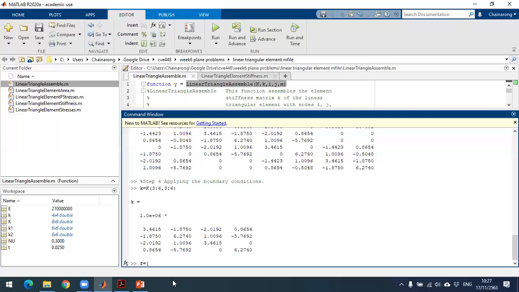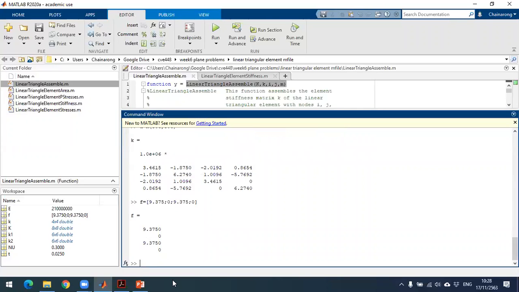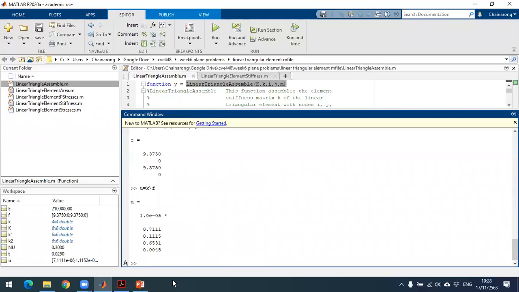Then we define the force vector. The force vector is 9.375, 0, 9.375, and then 0. Okay, we have the force vector already. After that, we solve for the displacement, equal to K backslash F. Okay, we have the solution. The displacement should be